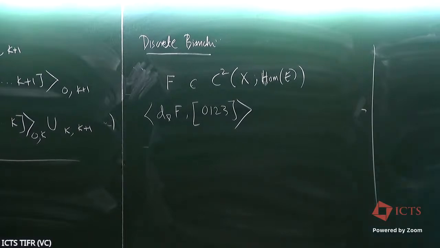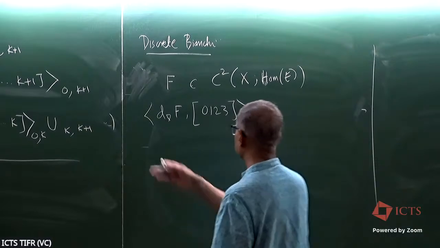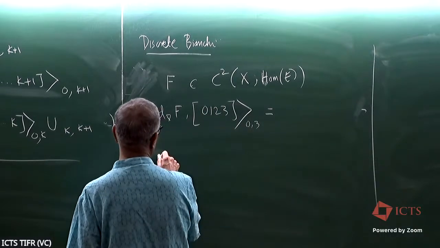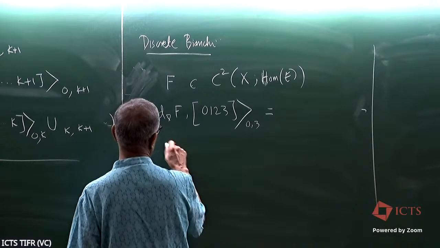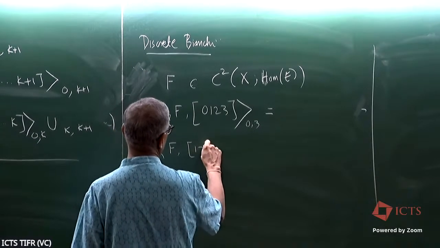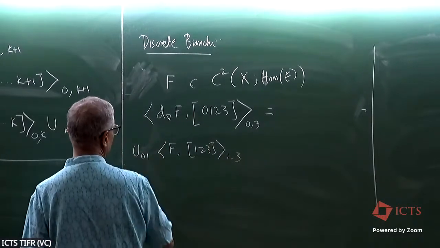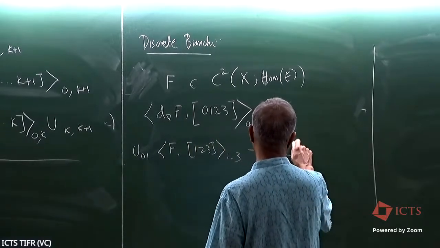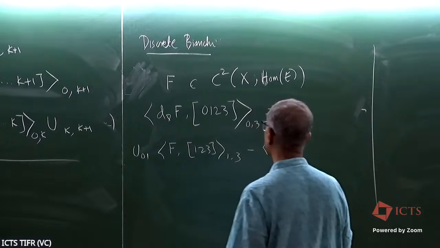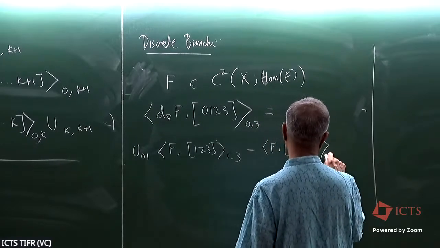So this will be a map from 3 to 0. And just using the definition, we have F at 1 to 3, which is a map from 3 to 1, which needs to be brought to 1, minus F at 0 to 3, which is a map from 3 to 0,